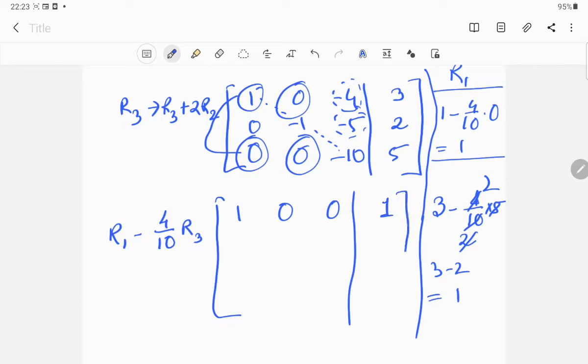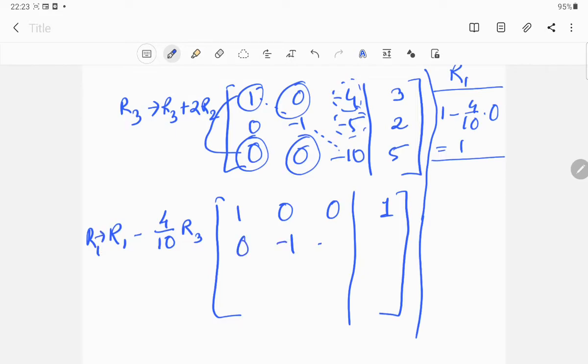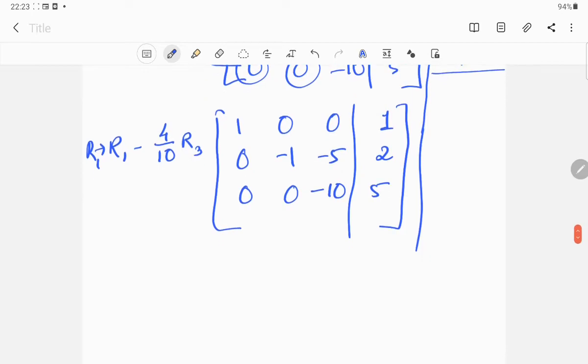So very simple. Okay, so this time R1 goes to R1 minus this, so 1 0 0 1, and R3 is 0 minus 10 5. Okay,